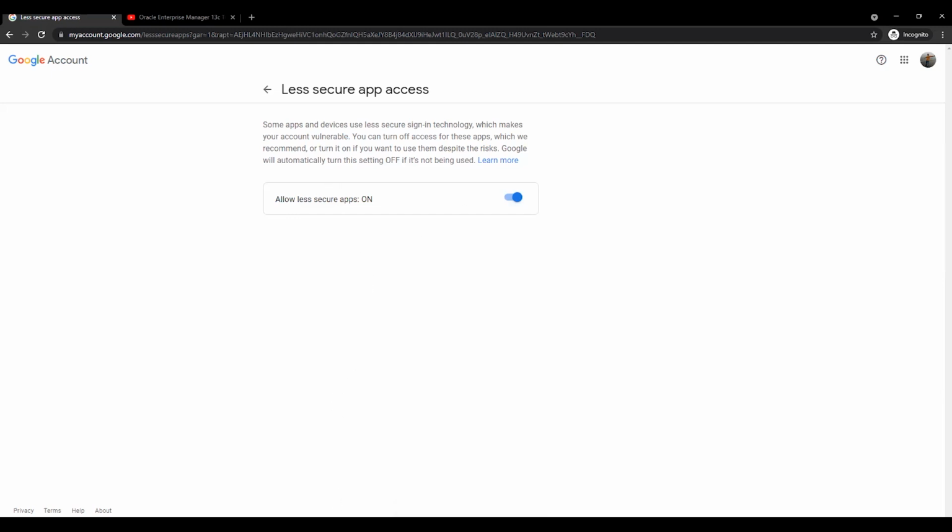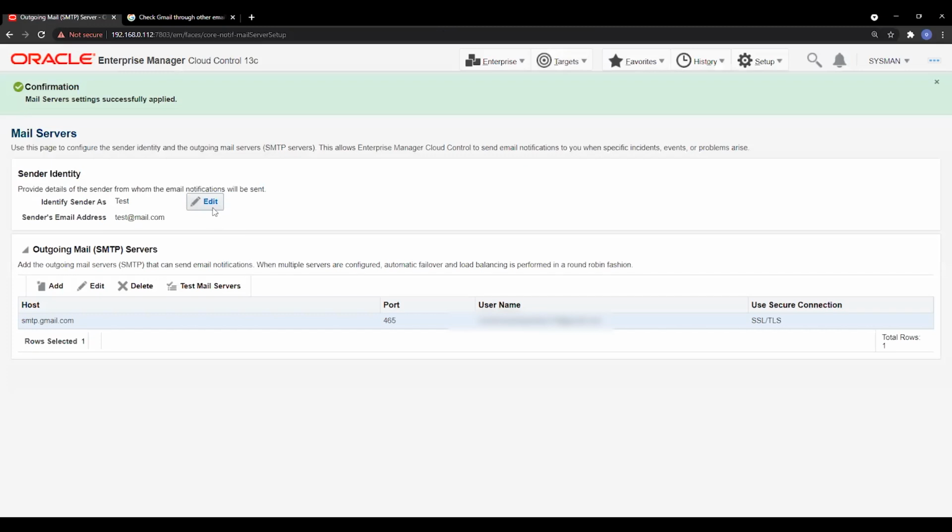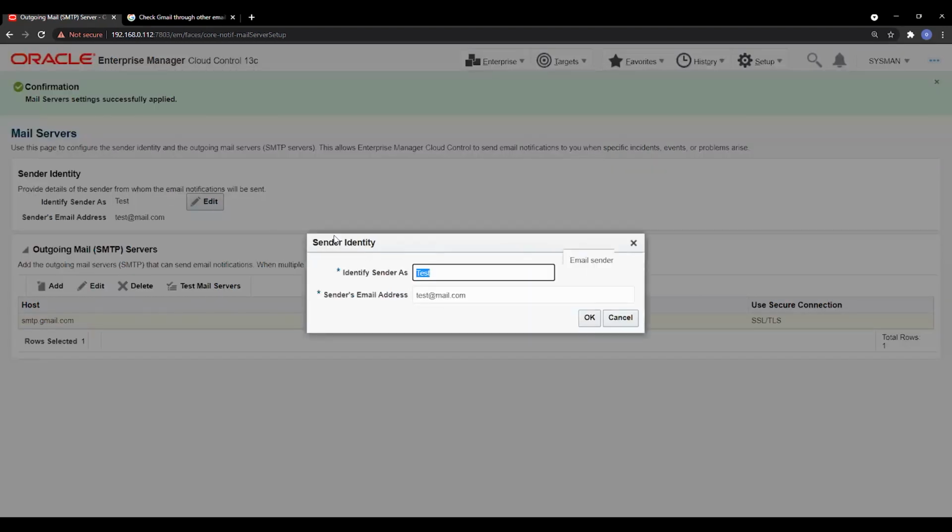Now I'll go back to the settings again, and here I need to click on the identify the sender test. I'll modify this one. I'm mentioning it as a testing email notification.